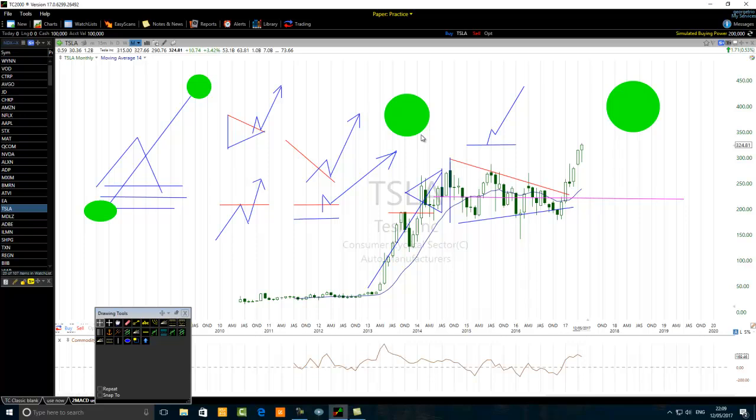The last thing that is very important for a pilot: after the pilot takes off, it's not going to stay in the air forever. There will be a time when the pilot has to land that plane safely. So for us, what is the landing? For the pilot, it's a landing. For us as swing traders, the landing is the profit taking.